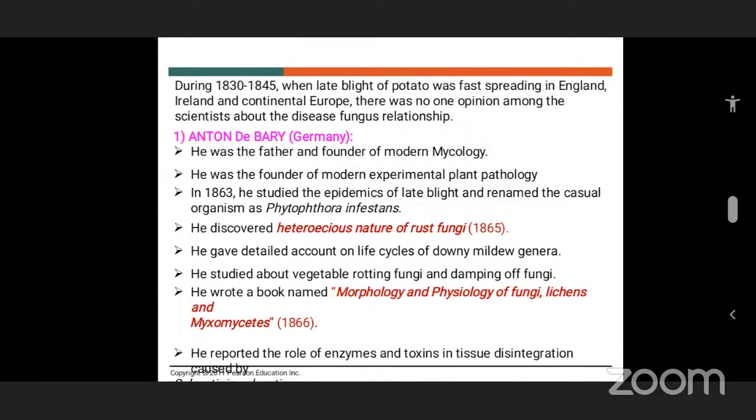He also gave many detailed life cycles of the downy mildew genera in addition to the late blight pathogen. He studied some vegetable rotting fungi and damping off fungi. Finally, he wrote a book, Morphology and Physiology of the Fungi, Lichens, and Myxomycetes, in the year 1866. The next contribution of Anton de Bary is that he reported the role of enzymes and toxins in